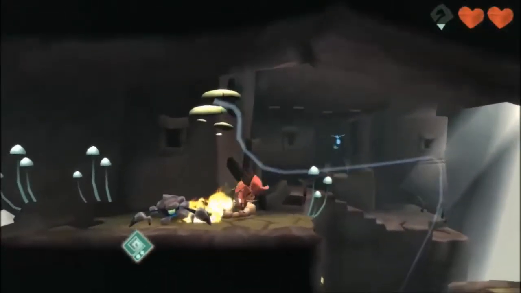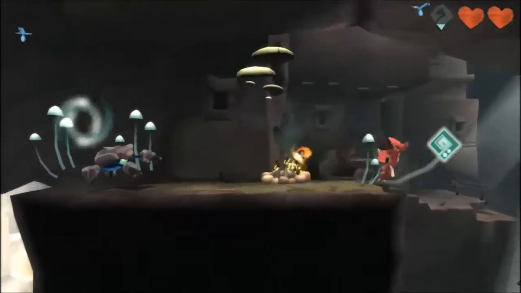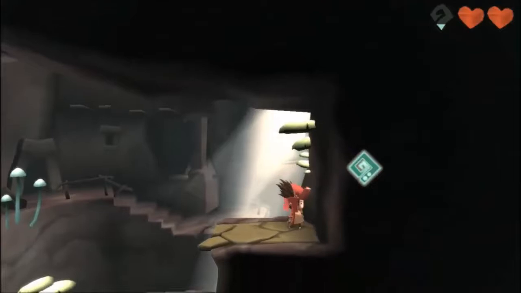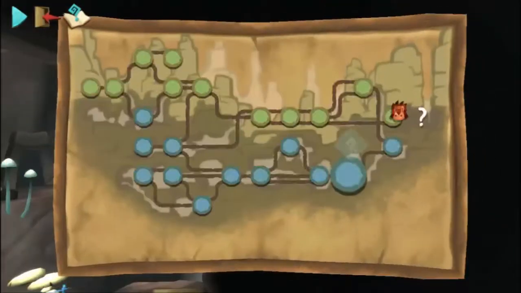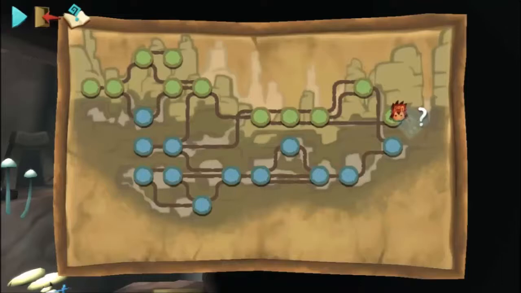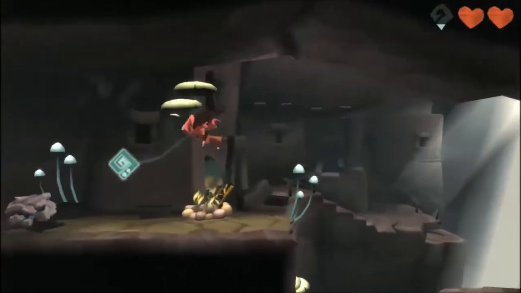Ooh, a bonfire. Can I burn you? Nope, I cannot. But I can whoosh you, and that's the extent of my power. I can blow you. But right, so we're looking for an exit to the right, and that last area should contain the final collectible, and then we'll be done with the game. And clearly there won't be a final boss, except...